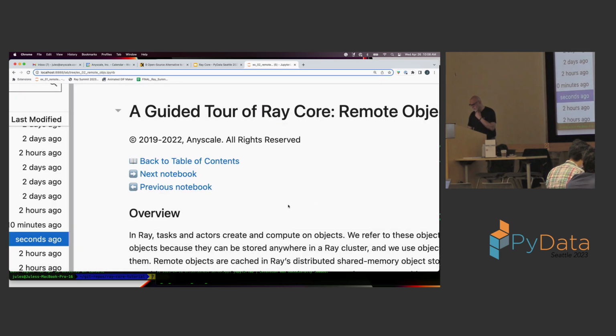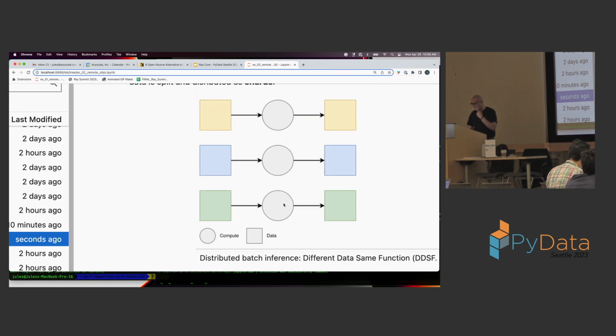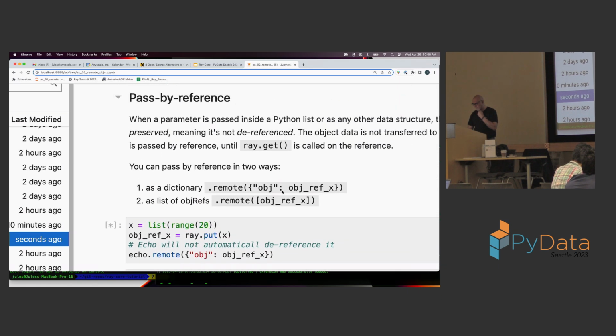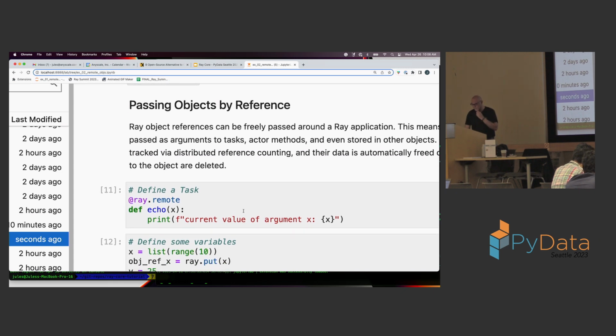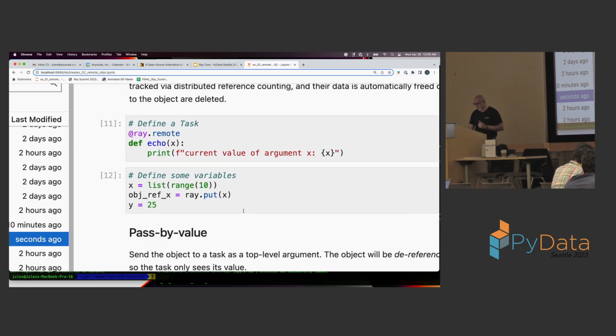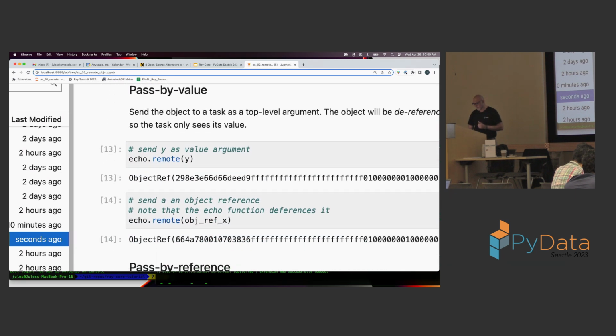Let me just run all this to the end so we actually have an idea. So object reference is actually great because things pass by value and pass by reference. And over here, I'm creating this particular list and I'm passing by value. So when I do that,